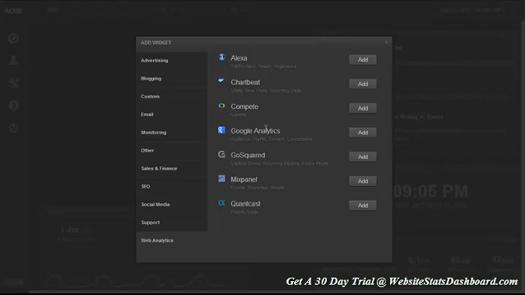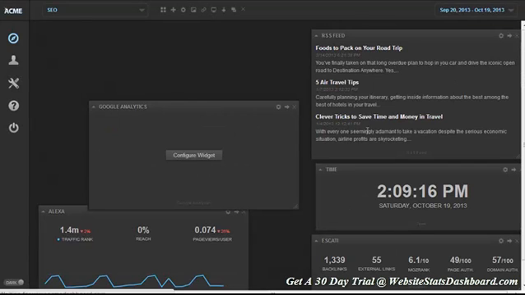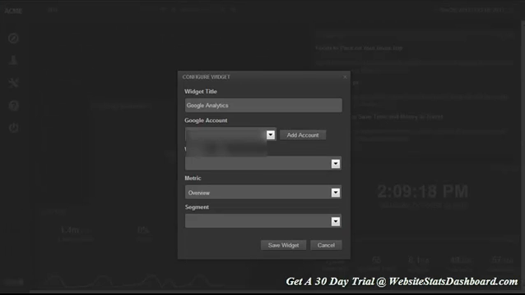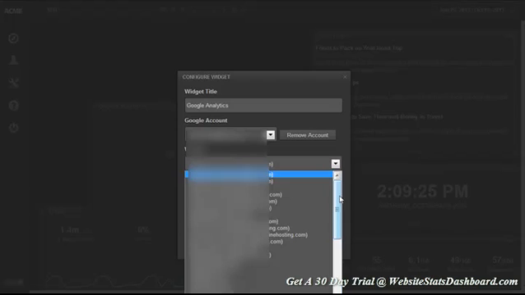So once again, Google Analytics, Go Squared, Mixpanel, Quantcast, new widgets are added all the time. And there's a lot of advanced functionality, especially with the Google Analytics. So if you're a big Google Analytics junkie but tired of logging in all the time, you can sync with a particular account. I'm just going to sync with this account here. And I'll just grab my Ascati site,